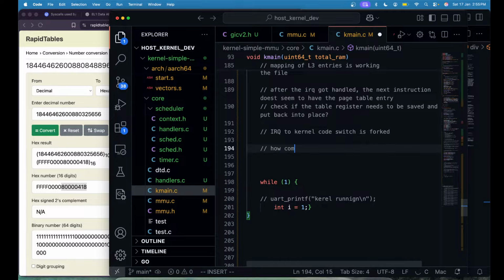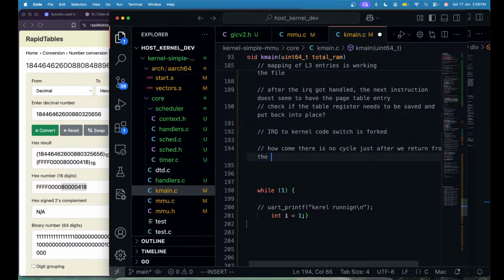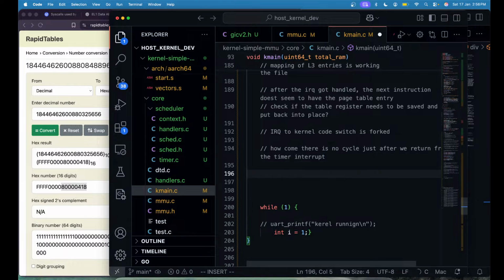How come there's no cycles just after we return from the timer interrupt, plus, that is like,